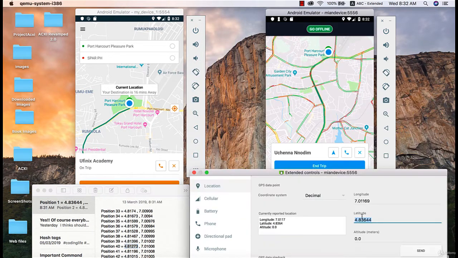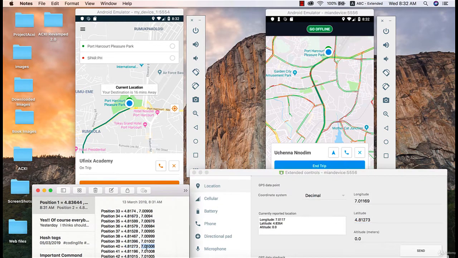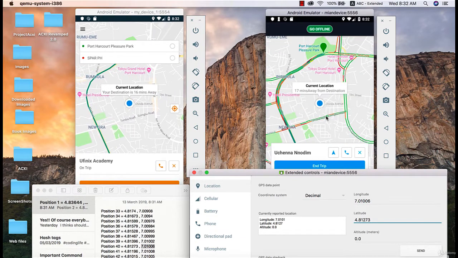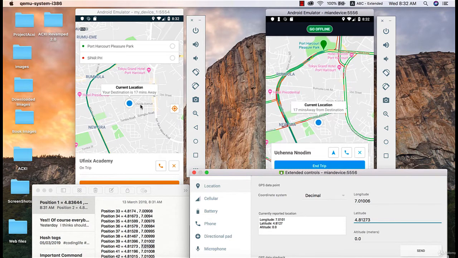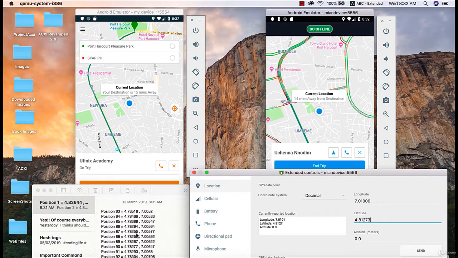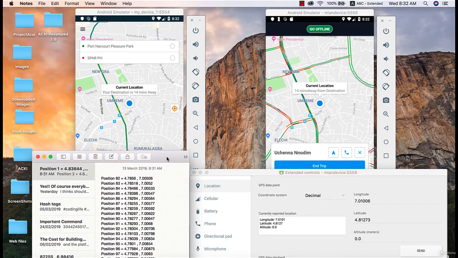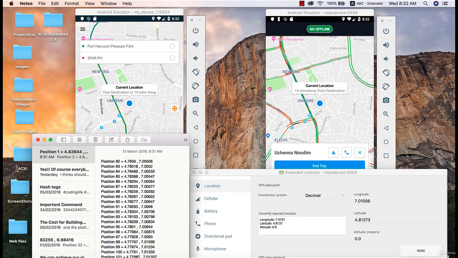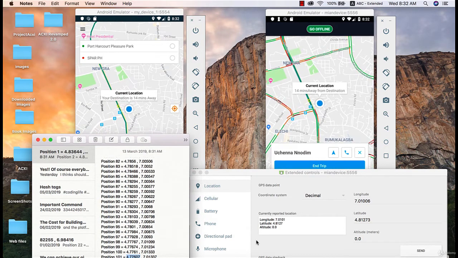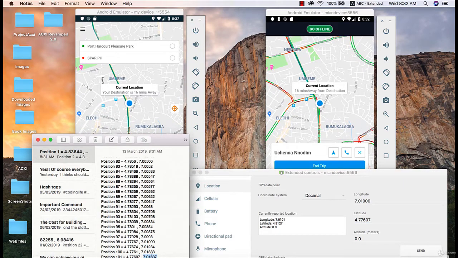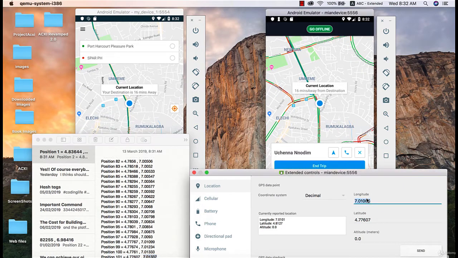All right, so I'm going to paste the latitude value and the longitude value. Okay, so the movements have started. So we are currently moving to our destination, so we can see the updates on both sides. To ensure that we are really quick about this, I'm going to copy the last location point, and I'm going to impute it manually. So this is the last location point, this is the latitude, and this is the longitude. Okay,